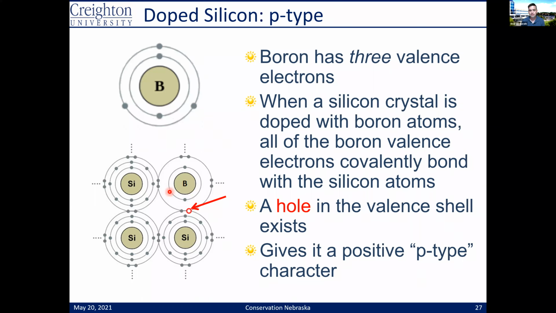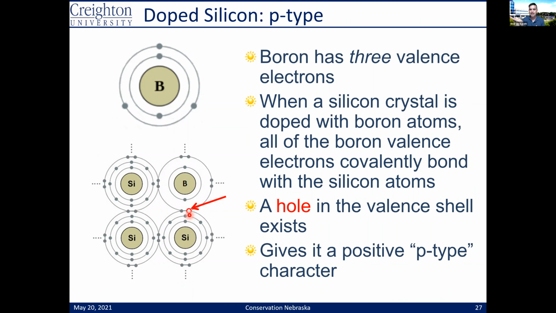Boron has 3 valence electrons, and again, if we put 1 in a million, 1 in a billion inside the silicon crystal, it's not going to change the silicon crystal. It's not going to want to do that. And so we bring in 1 less, and it's going to, again, try and share electrons, but it's just going to deal with the fact that it has 1 less, and it's going to introduce this thing called a hole. And the hole basically gives it a positive character, and for the future, we're going to call this p-type.